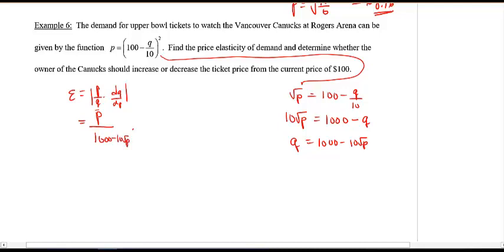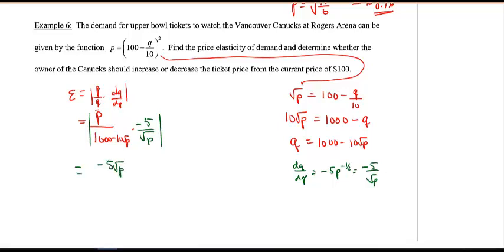Ooh, derivative. Good question. What's the derivative? What's dq over dp? Negative 5 p to the negative 1/2. Negative 5 over root p. Negative 5 over root p. Okay. Since I combined this and this together,